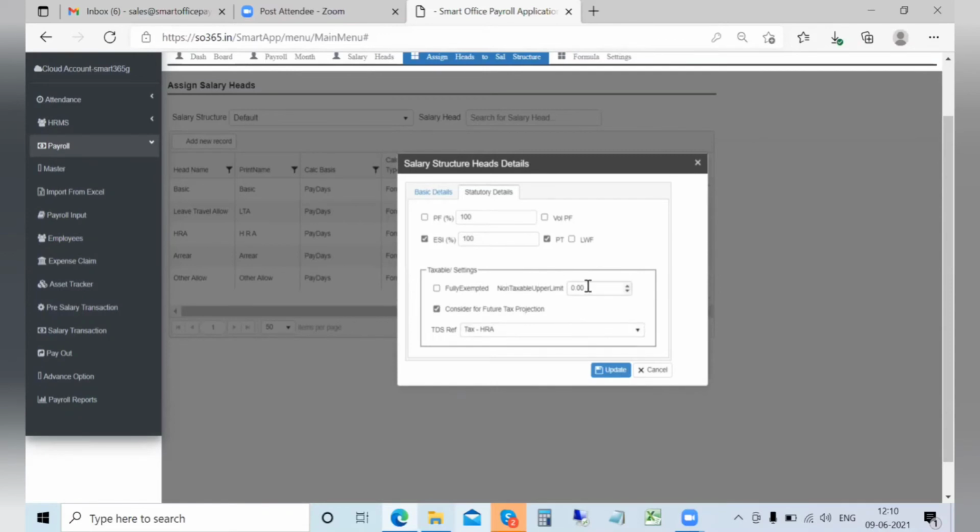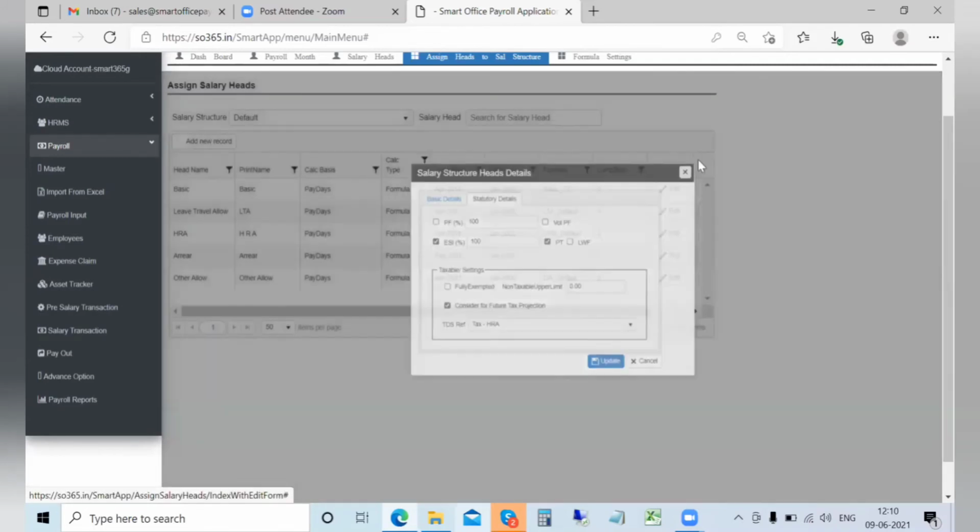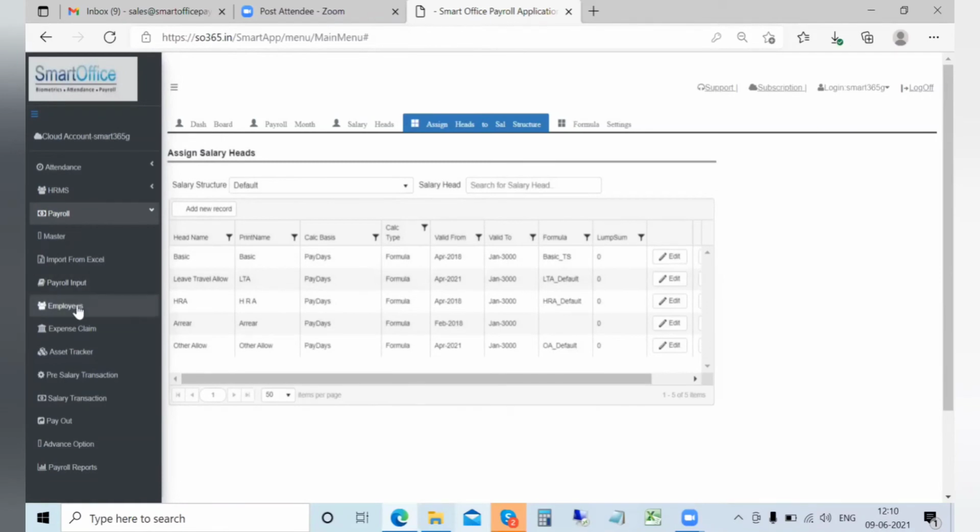Non-taxable upper limits can also be defined, since there are no standard or defined allowances or exemptions anymore. We do not have that, but you can always have your own limitations defined if you are permitted to do that. So in terms of input, this is the flexibility in the system.